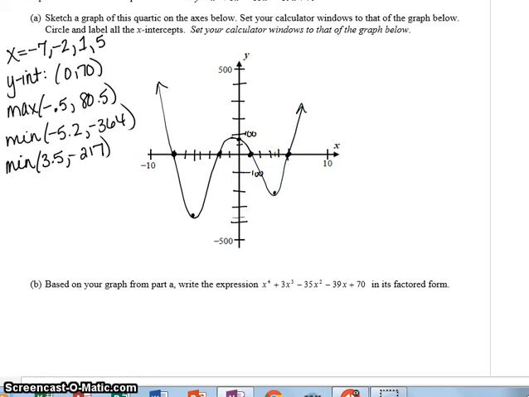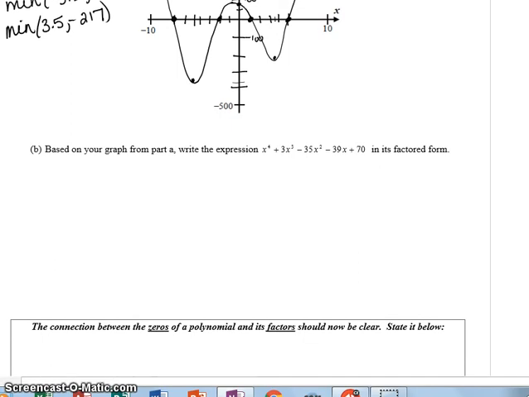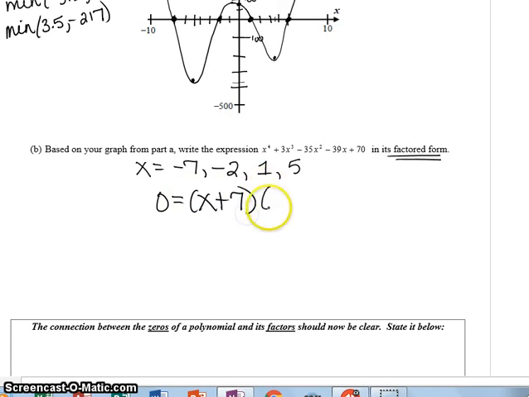All right, based on part B, based on your graph in part A, write the expression in its factored form. Now guys, don't forget, your zeros were -7, -2, +1, and 5. So its factors are reversed. X plus 7, X plus 2, X minus 1, X minus 5. What does that mean, guys? If you took the time to FOIL this and then multiply those, you're going to end up with this Quartic